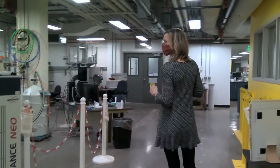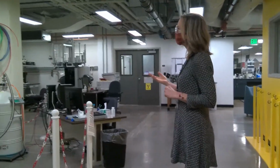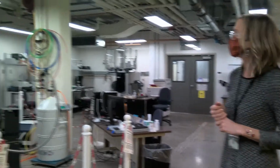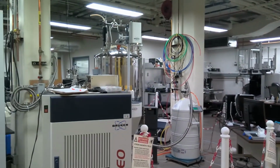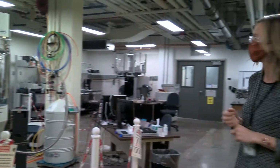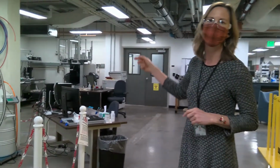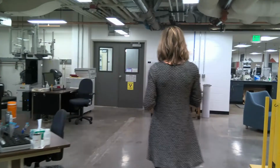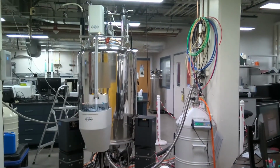The MMA has an NMR laboratory, which houses 6 high-field solution NMRs, ranging from 400 megahertz to 600 megahertz. You can see a few here, both are 400 megahertz NMRs, this one actually has a cryoprobe. Both are robotic, so you can run samples in automation. Over here,